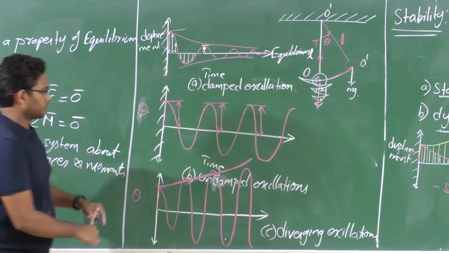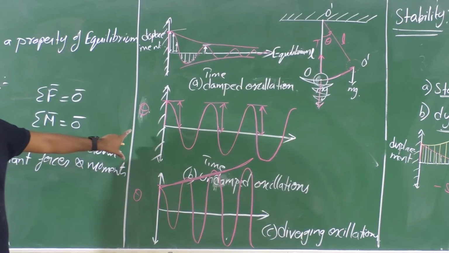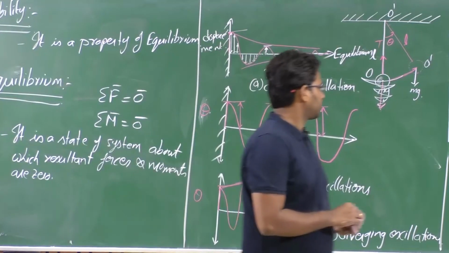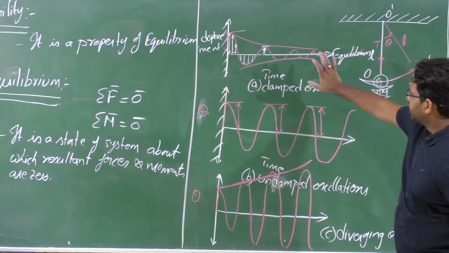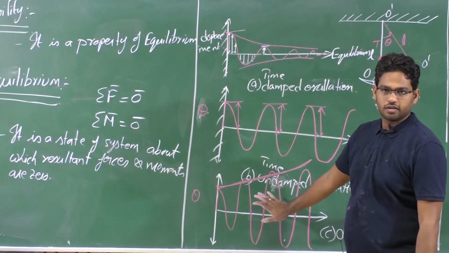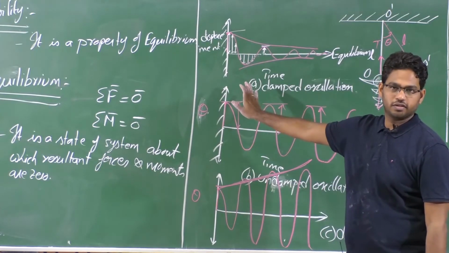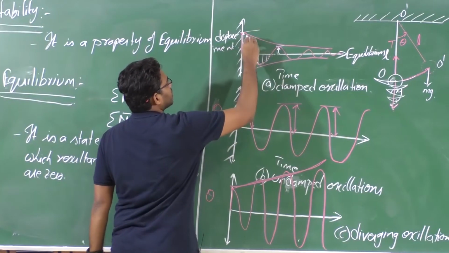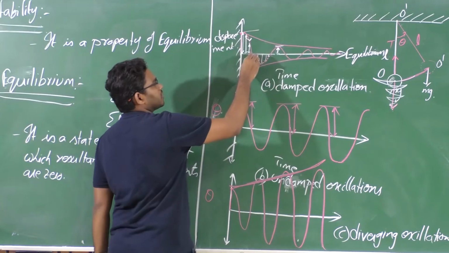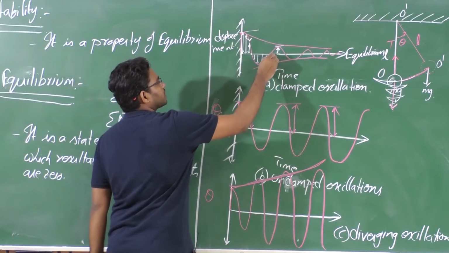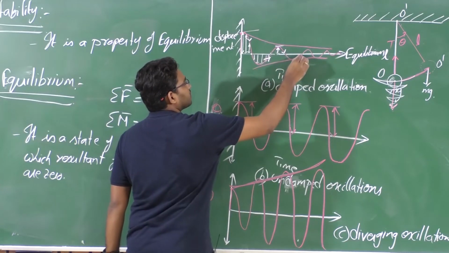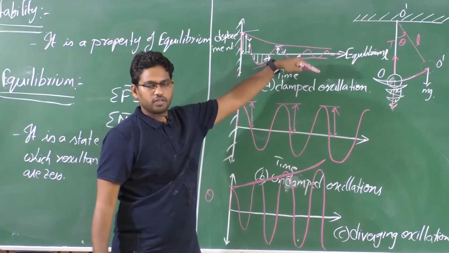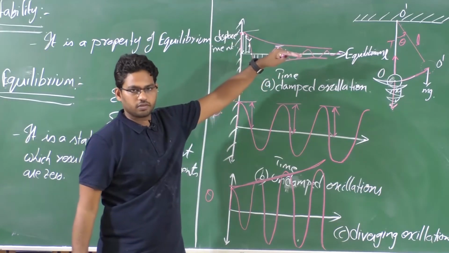So the last two cases correspond to a dynamically unstable system, whereas the first case corresponds to a dynamically stable system. But if you carefully observe, in all these cases the system possesses static stability, isn't it? After the displacement, say this is the equilibrium, it tries to come back towards equilibrium. Even here it is trying to come back towards equilibrium, and the same thing here, right? So the system is trying to attain that equilibrium once it is displaced from the equilibrium, right?